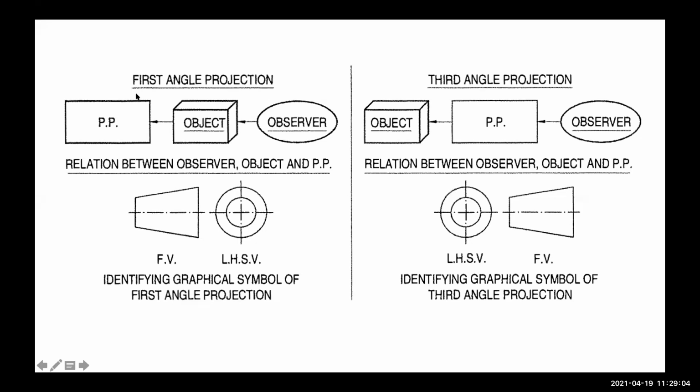And again, you can see the position of your observer, object and your profile plane. The thing that you must observe here is that in first angle projection method, the object is in between the observer and your profile plane, whereas in third angle projection method, the profile plane is coming in between the observer and the object. So this is another difference that you can put here. Now again, I have one YouTube video, so I will show you for better clarity. Why is it not playing?